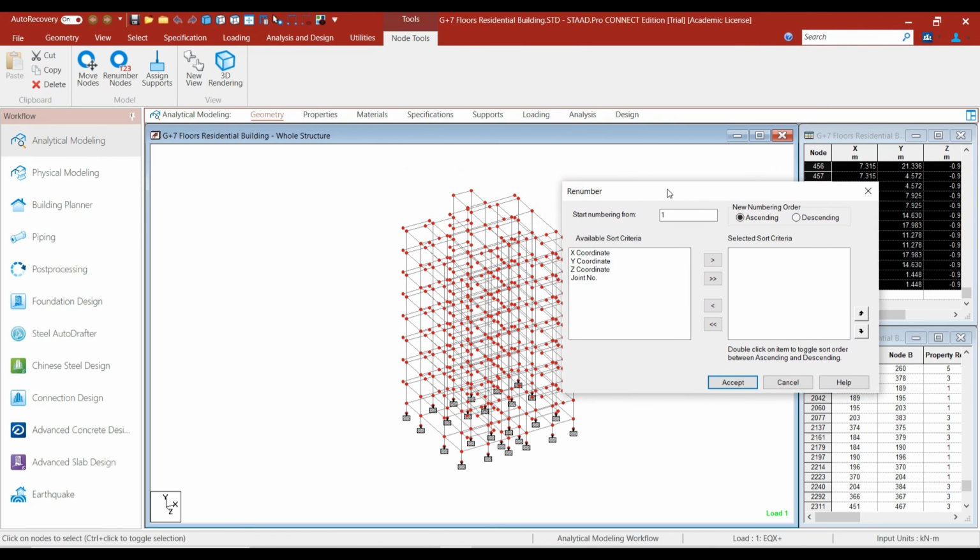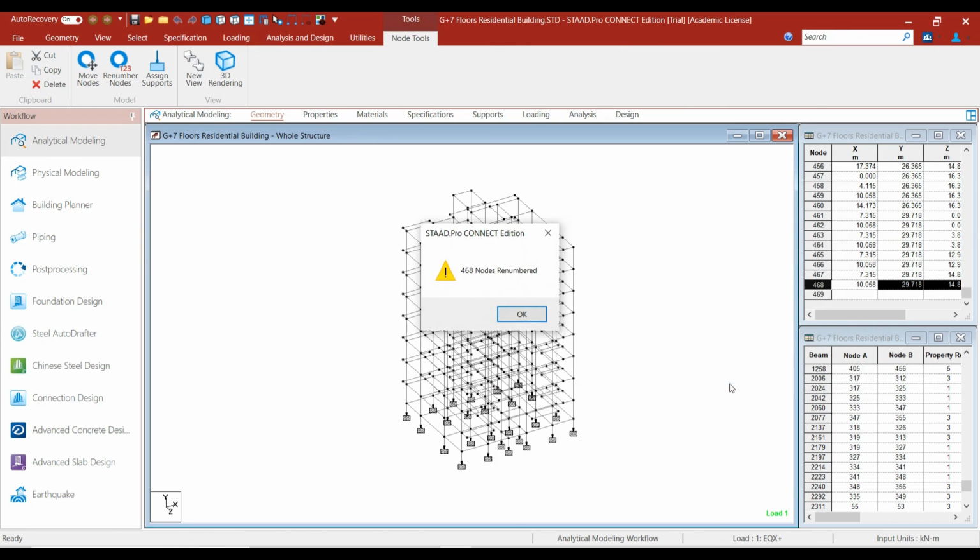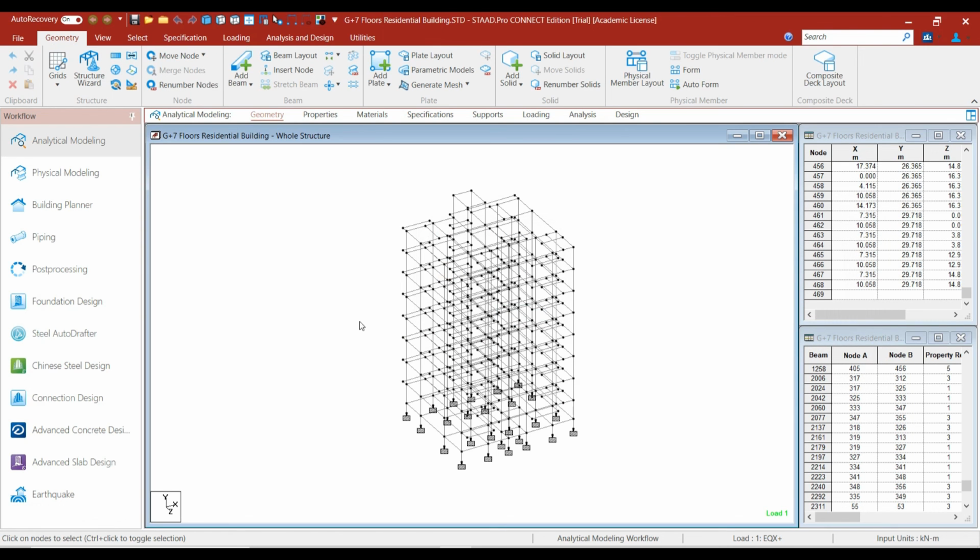In the nodes also, first you want to go in the x direction, then the z direction and then the y direction. So I will input the order as y, z and x. We will start the numbering from 1 and click on accept and click on OK. So we have renumbered all our beams and columns, and we have also renumbered our nodes.